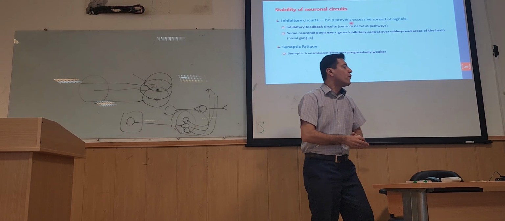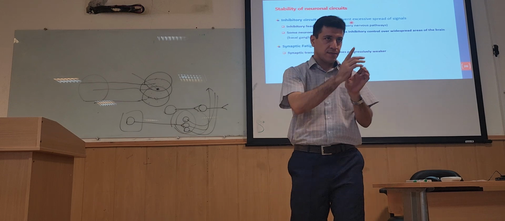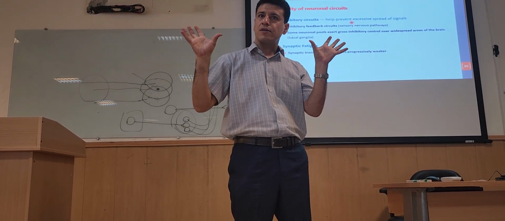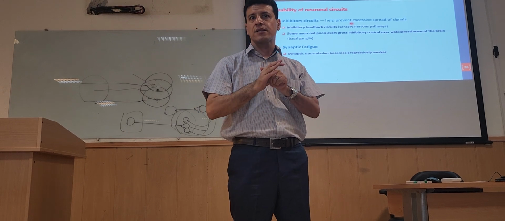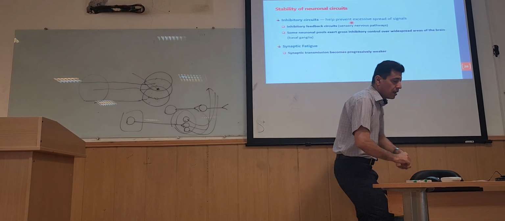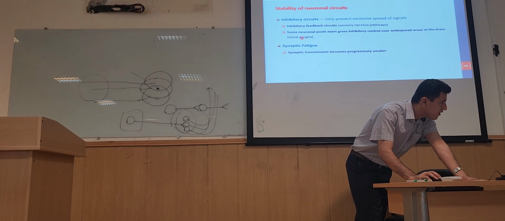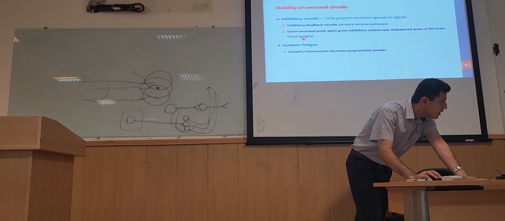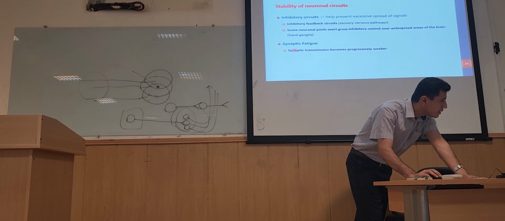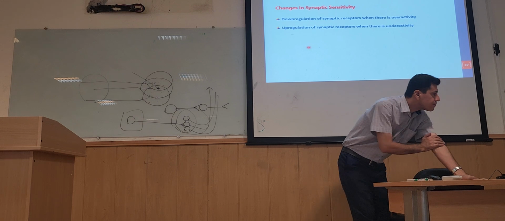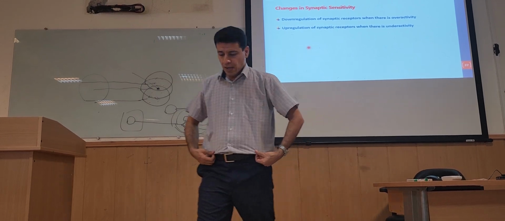So, for the stability of this neuronal circuit, we have other sources that cause stabilization of the circuit by way of inhibitory signals that are sent to the circuit. So some inhibitory circuits cause the stability of the neuronal circuit. For example, we have basal ganglia neurons that always send inhibitory signals. Another way is synaptic plasticity. And the last one is that